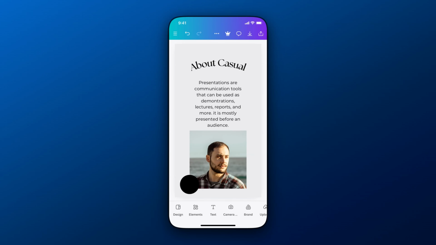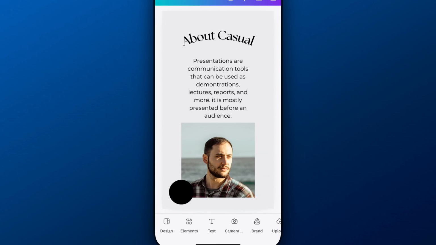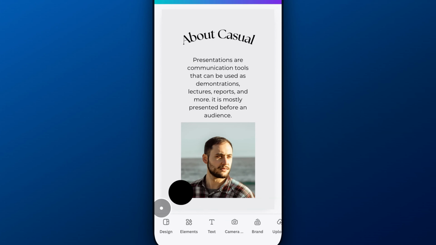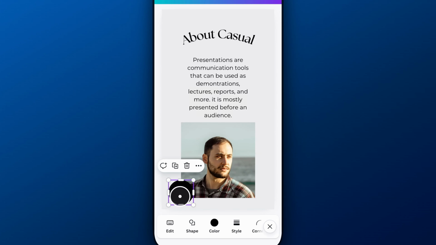In this Canva tutorial, I'm going to show you how to change shape color here on Canva mobile. So we have a shape in our lower left down here, just a little circle, and we can click on that shape and we should see a menu pop up here at the bottom, and color is one of the options. And so we tap on that and we'll get a few colors, including the selection of our own or